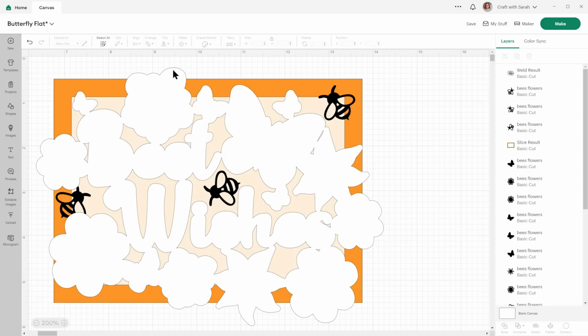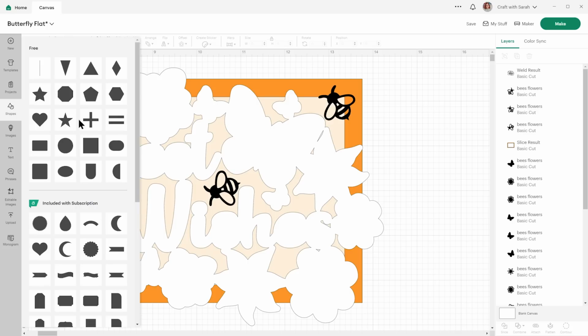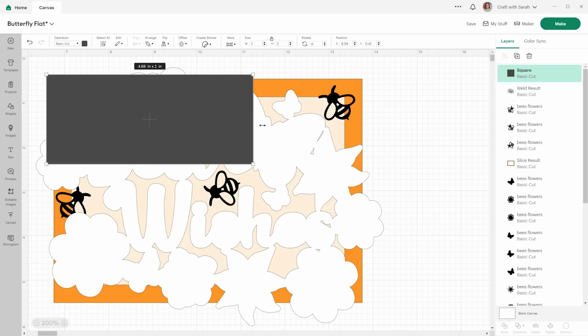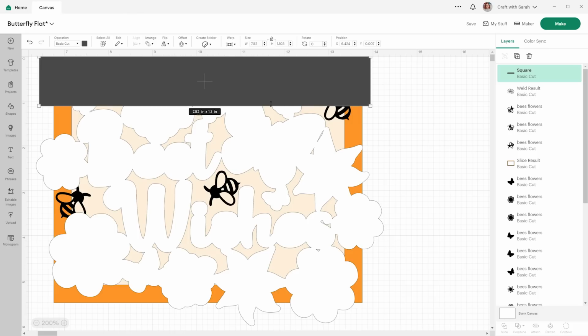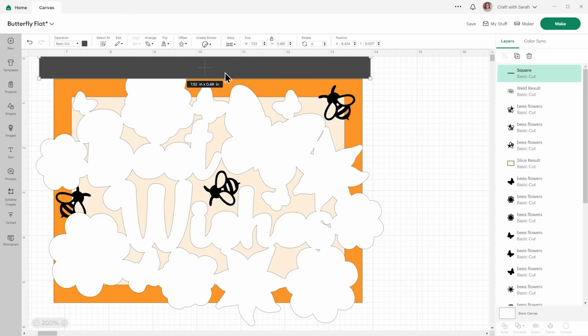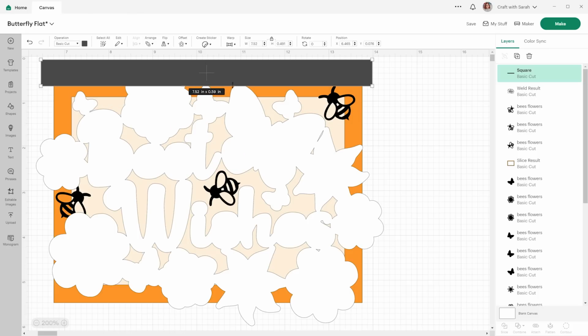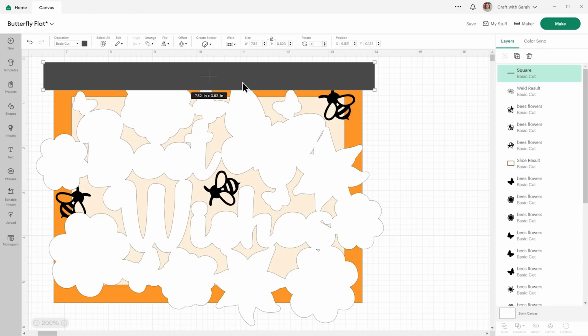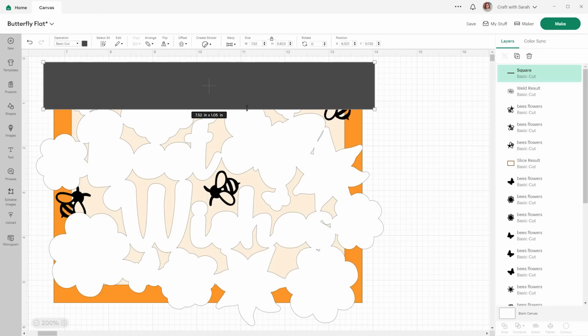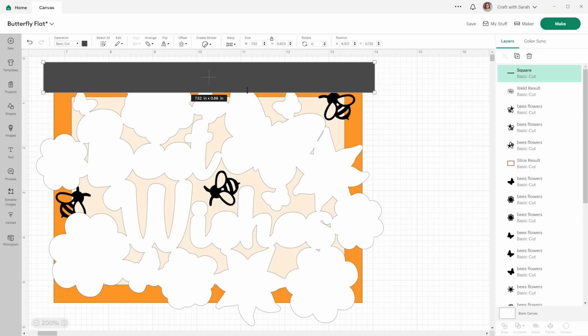Next, we'll cut off everything that's going outside of the border. So I'll go into Shapes and choose a rectangle or a square, and then resize it so that it's covering up everything that's going over one of the sides. Make sure you don't come longer than the border.